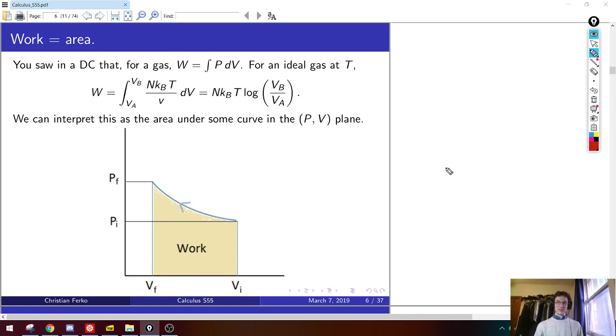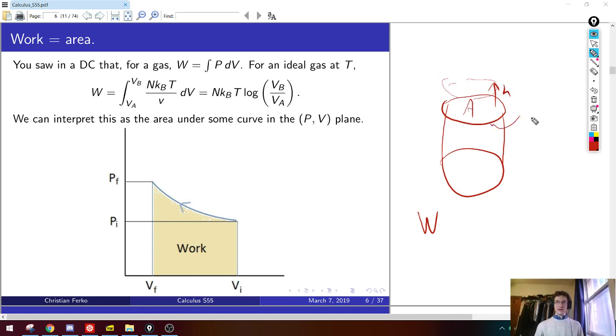So in that DC with the piston thing, you remember there was some piston with some area A, and it was supposed to be expanding, and I tried to convince you with this picture that if this thing moves by a little height h, and the force per unit area, which is called pressure, then if the gas pushes on this piston and moves it by a height h, then the work that has been done, which we would normally say is kind of like